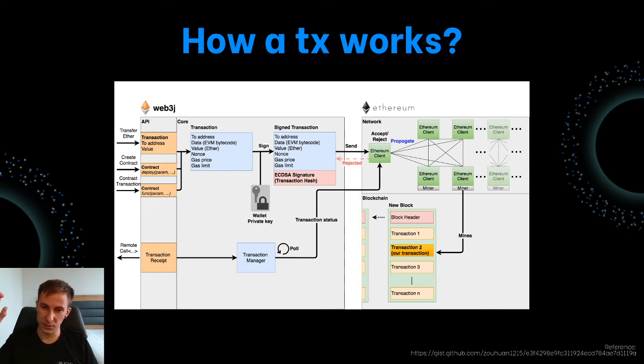You need to specify the gas, which is a system that keeps the execution from overloading the system, and figure out how much execution is needed for a specific request or a transaction to be mined. So when you have the whole transaction, you sign it